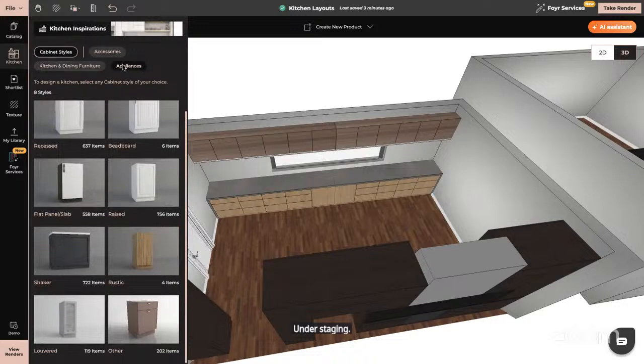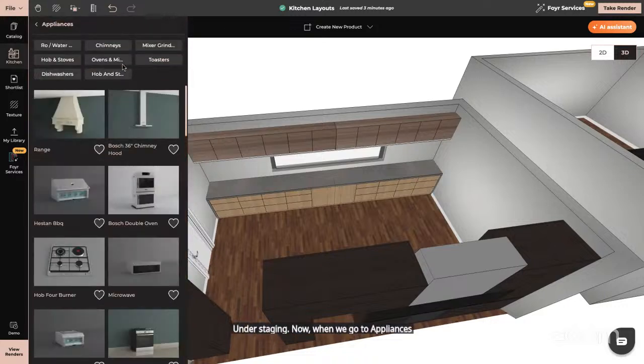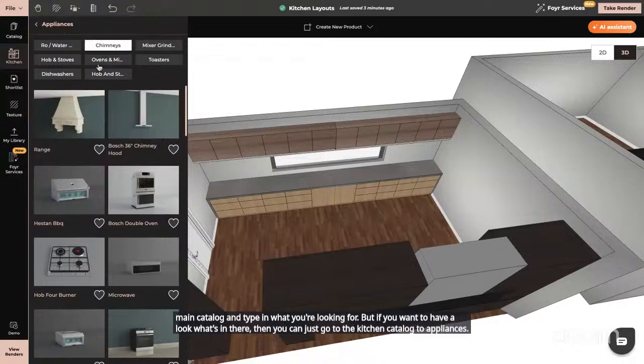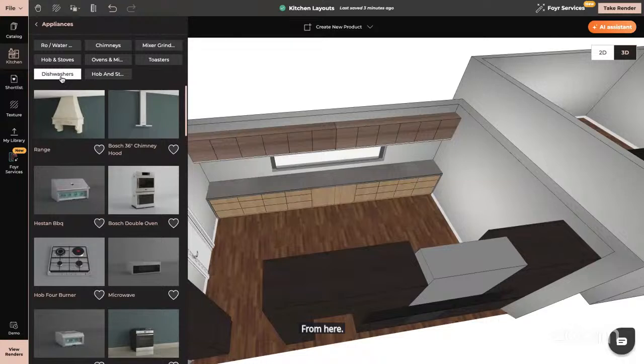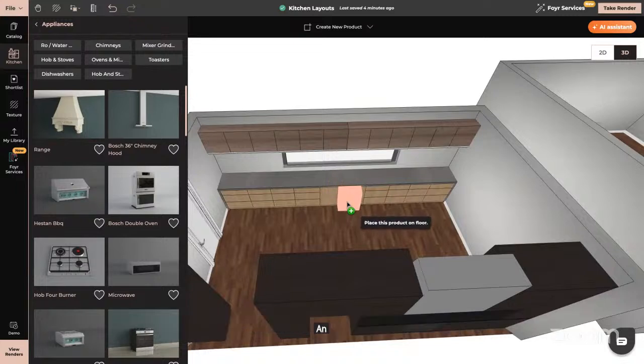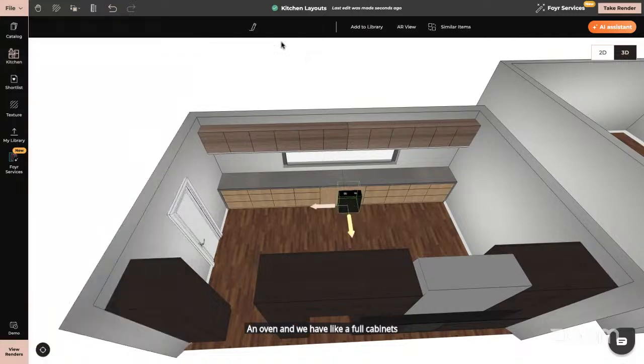Now, when we go to appliances, again, you can go to the main catalog and type in what you're looking for. But if you want to have a look at what's in there, you can just go to the kitchen catalog, to appliances. From here, you can choose whichever you want. We have a few categories that you can choose from. And now when you have, for example, an oven and a full cabinet, then you can simply put the oven in place